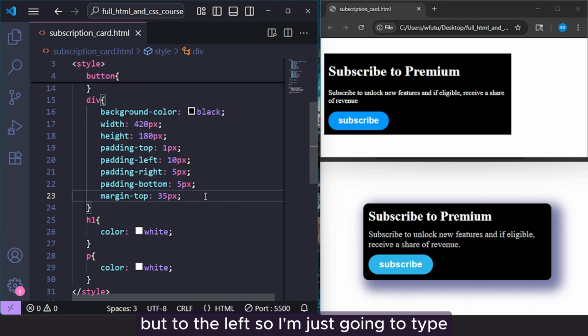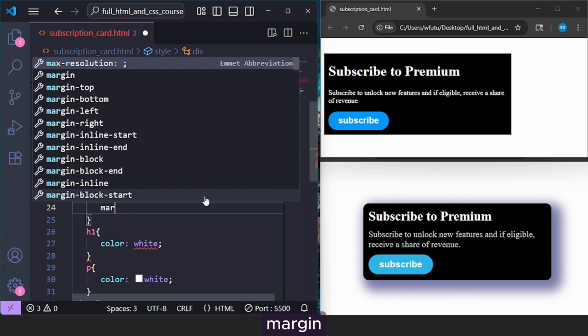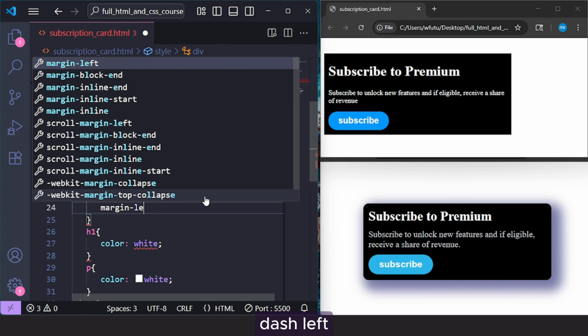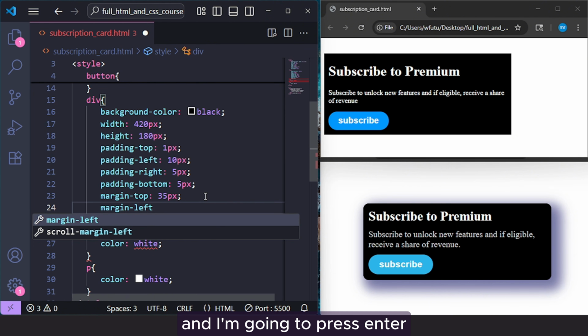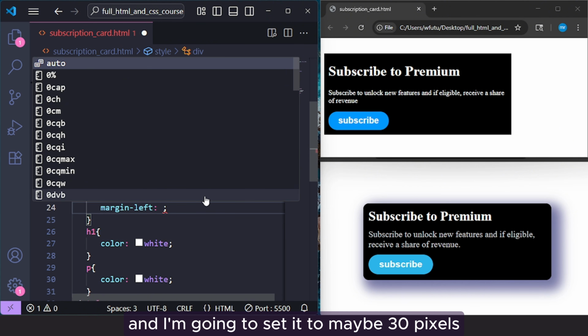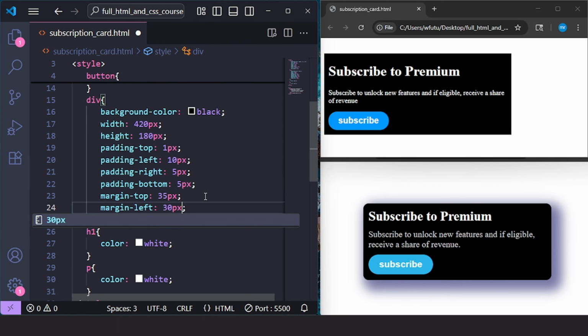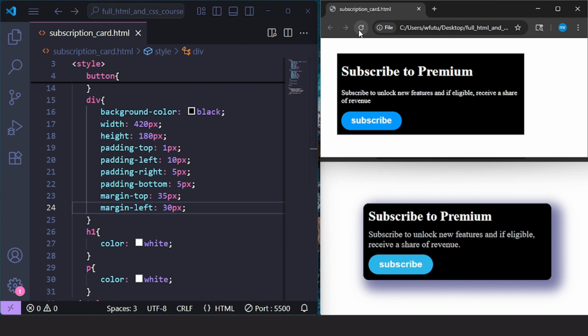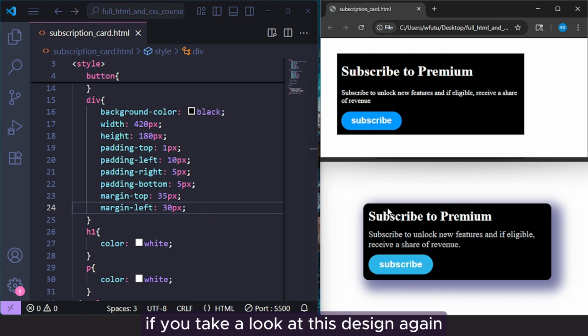So I'm just going to type margin-left, and I'm going to press enter, and I'm going to set it to maybe 30 pixels. Ctrl+S to save, refresh your browser. Okay, that's pretty good. If you take a look at this design again, you will see the corners are actually